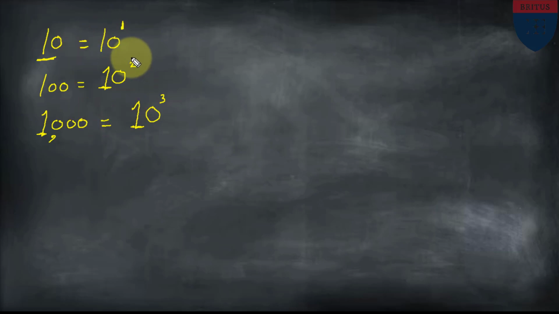Now we will multiply a number by 10, 100, 1000, but we will use the exponent form. The exponential form of 10 is 10 raised to the power 1. The exponential form of 100 is 10 squared. The exponential form of 1000 is 10 raised to the power 3. You can read it as 10 cubed. For example,